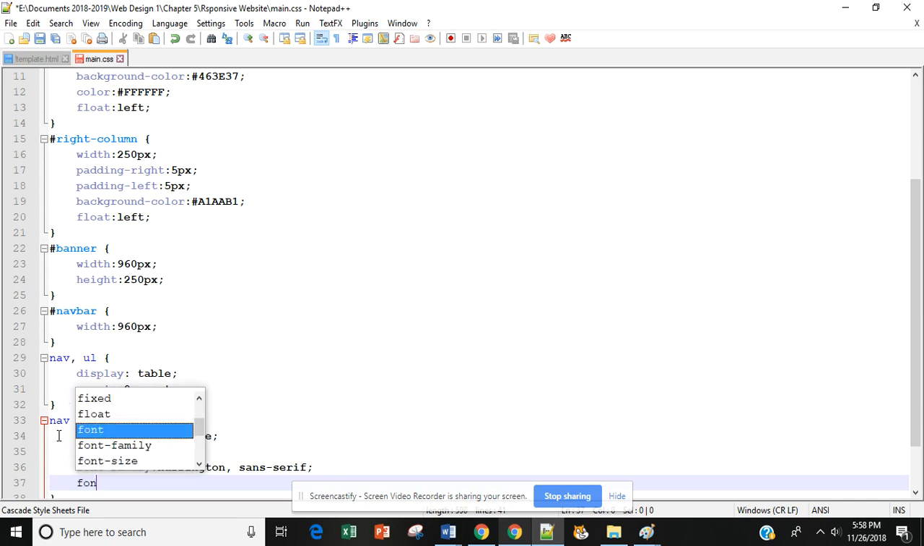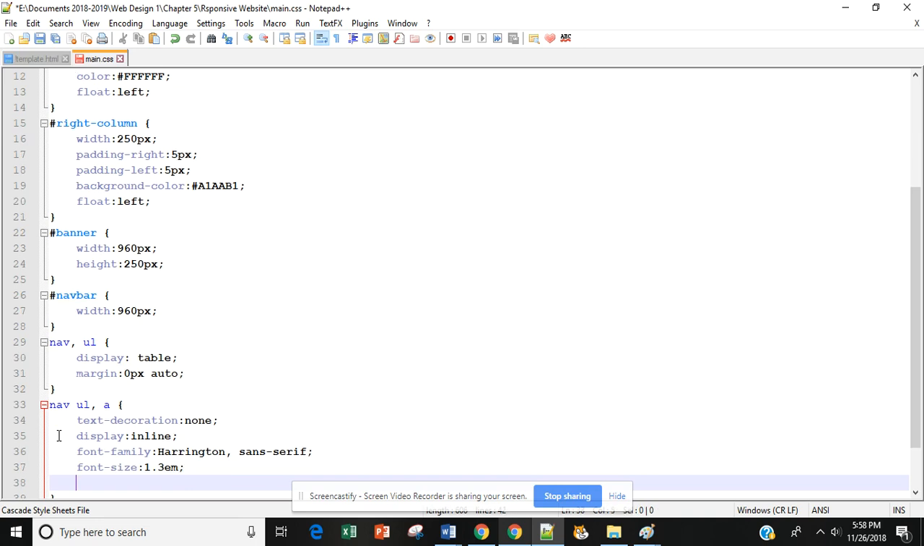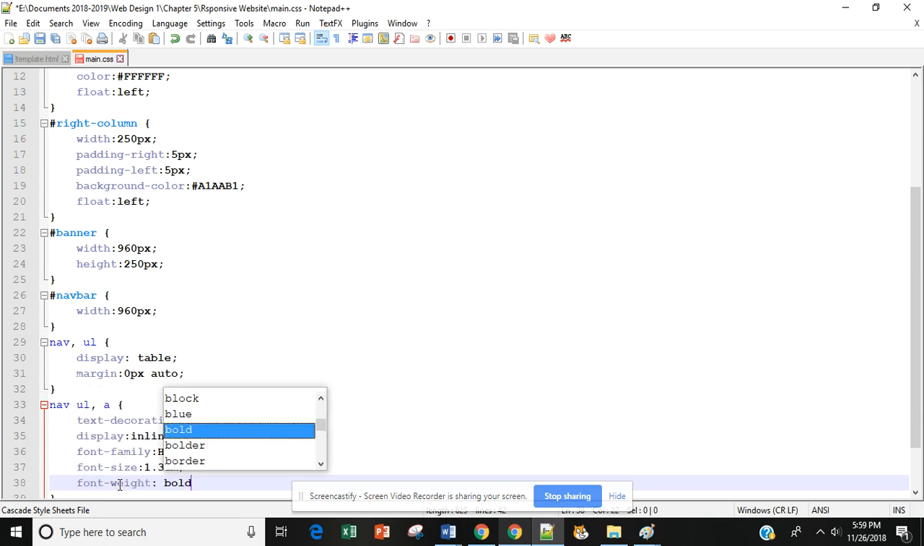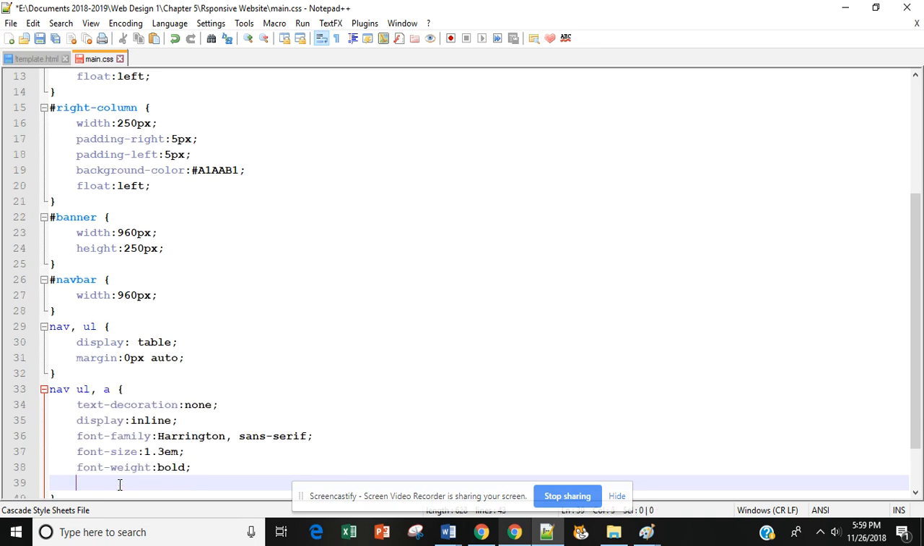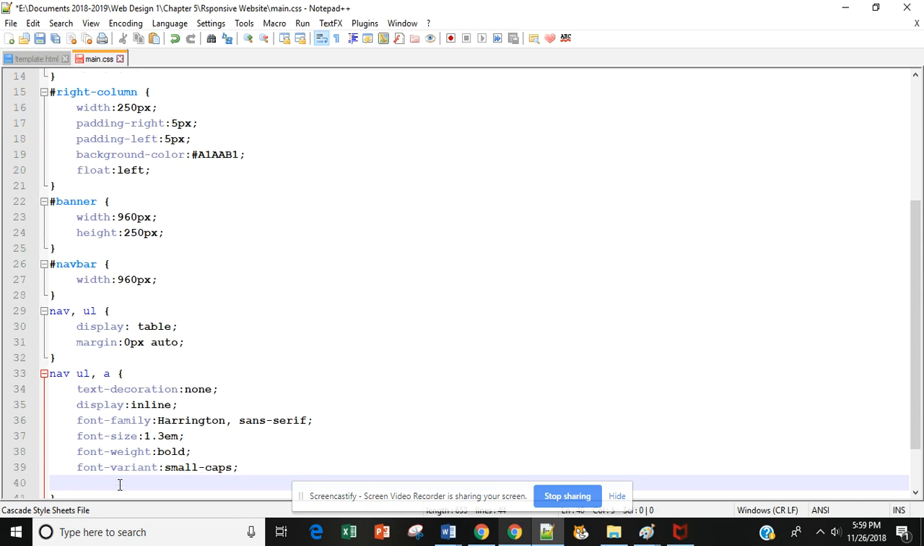I'm going to put my font size at 1.3 em. I want my font weight. This should all look familiar since we've done it before. I want it bold. I want my font variant, and these are all options. I want small caps. I kind of like that. And then we want to add a color. And my color is going to be